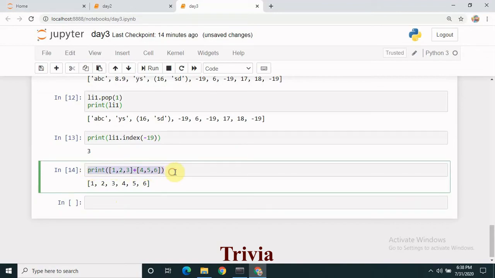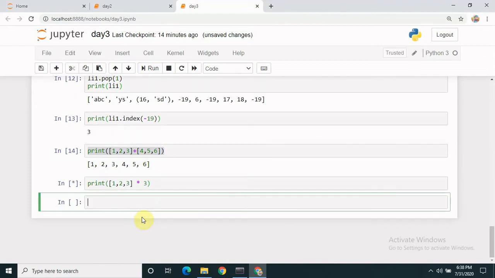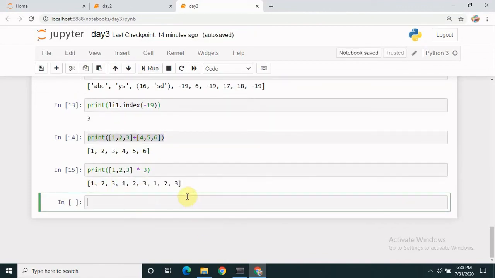Similarly, the multiplication operator repeats, it does not multiply the individual elements, so be careful.